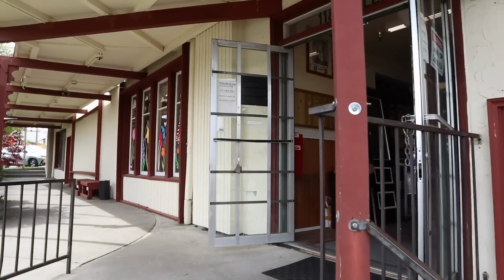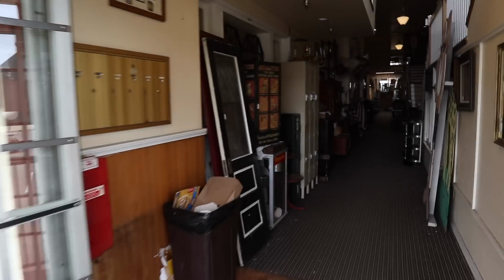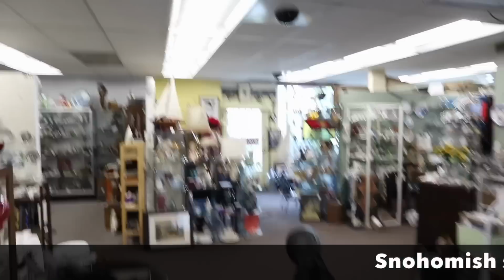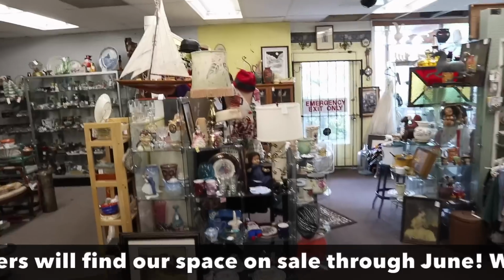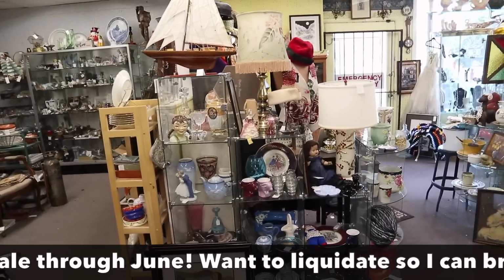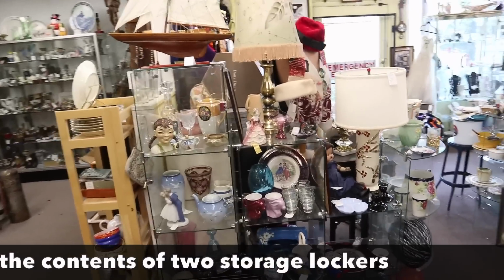We have redone it, and everything's going to be 40% off. So let's show you what we left, because there are some really good things, and the prices will be great. So we're in the court level through the collector's bookstore and to the left, and this is the front of the space. We did try to keep some sort of a theme going and at least match colors and try to make things interesting,